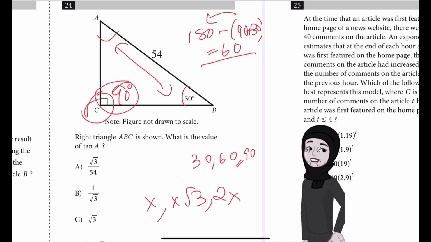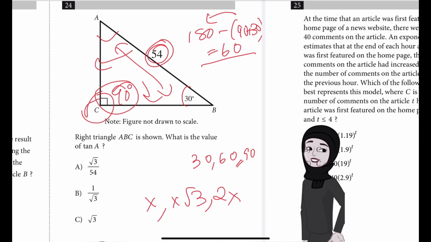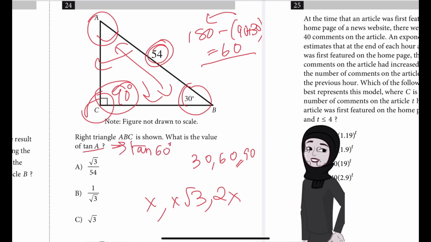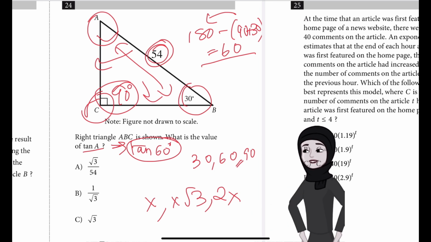So why do we need that? Because for tan A, we need opposite by adjacent length. As of now we know only the hypotenuse length. So since we know only the hypotenuse length, this can be used to calculate the opposite length as well as the adjacent length in this particular triangle. So we need tan of A, not tan of B. Because tan A, in other words, means we need tan of 60 degrees. So we have to be careful whether we are taking the correct opposite side and the correct adjacent side to calculate the tan.